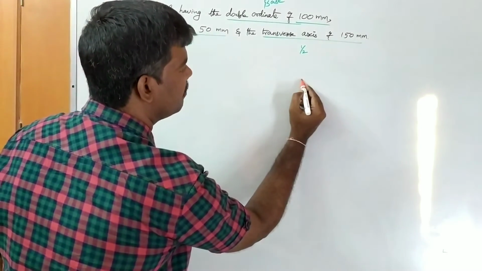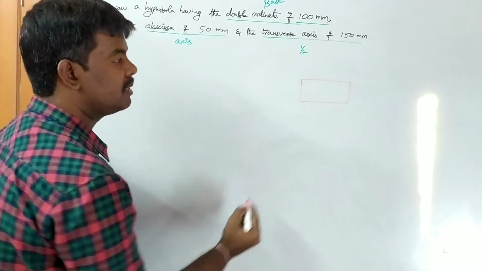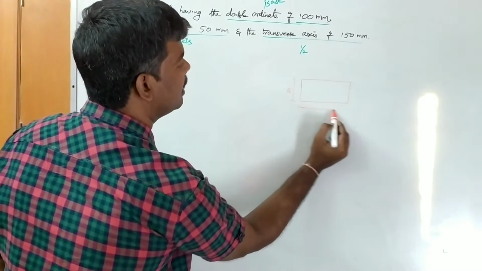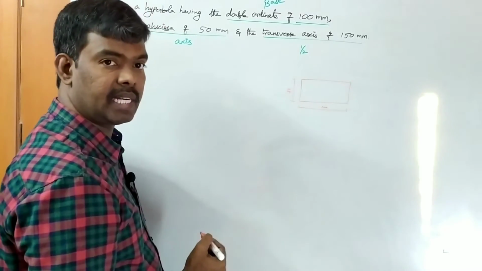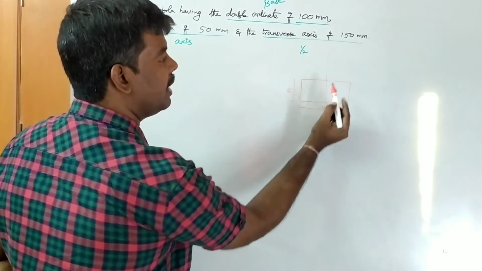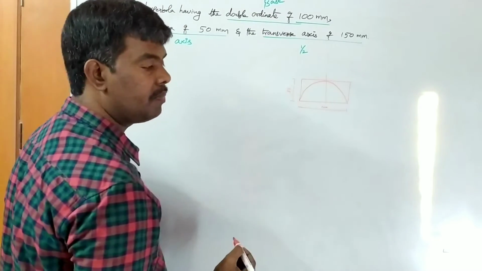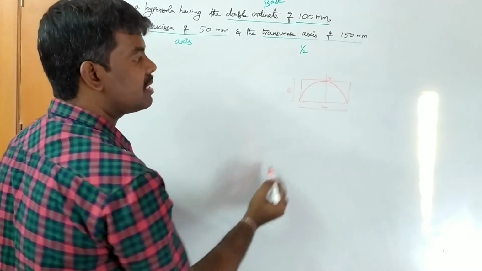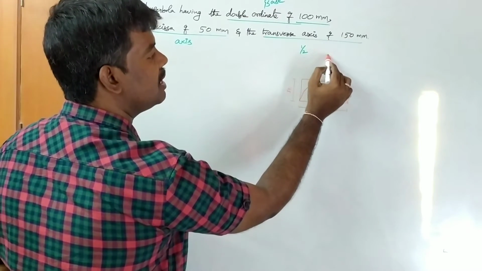first a rough diagram. So it is a rectangle method, no? So it is a rectangle, the axis size is 50. Next to it the double ordinate, which is the base, is 100 mm. First you construct one rectangle, after that you draw that axis. Clear? Next, here we want to draw a hyperbolic curve. This is the curve where it intersects the axis, which is nothing but the vertex. Next, from the vertex to half the transverse axis, so it is 150 means here to here 75.